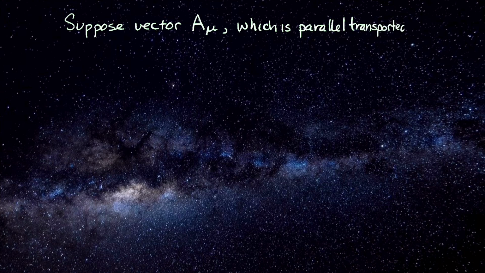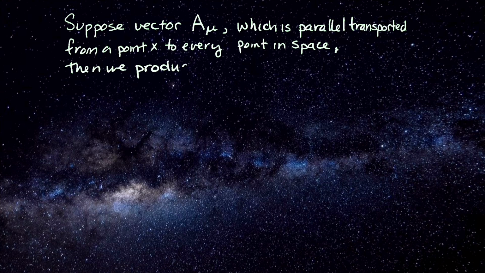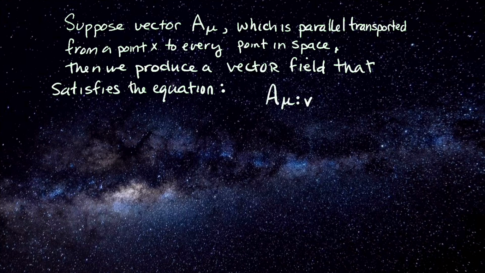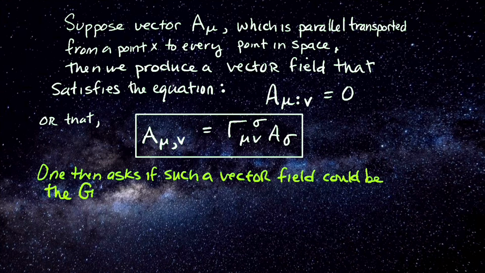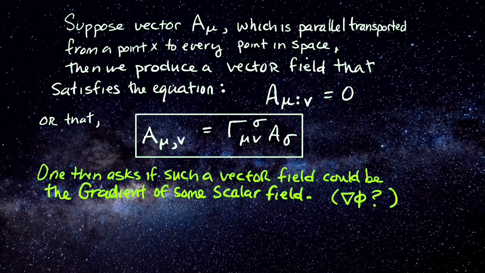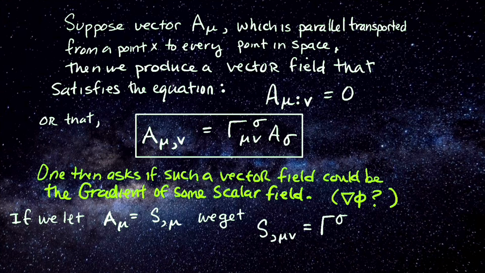Suppose the vector A mu is parallel transported from a point x to every point in space. Then we have produced a vector field which satisfies this covariant derivative equation, which in other words states this expression. One then asks if such a vector field could be the gradient of some scalar field. And if we let our vector A mu be the gradient of some scalar field, represented with its Christoffel symbol here,